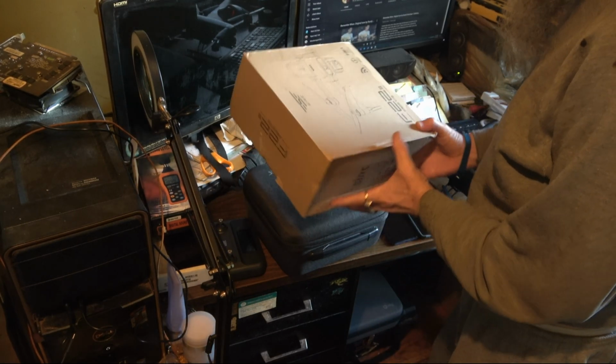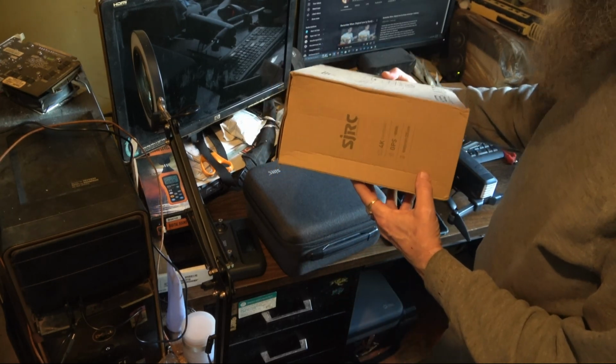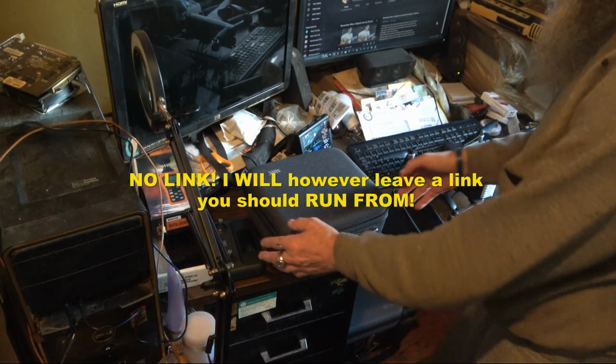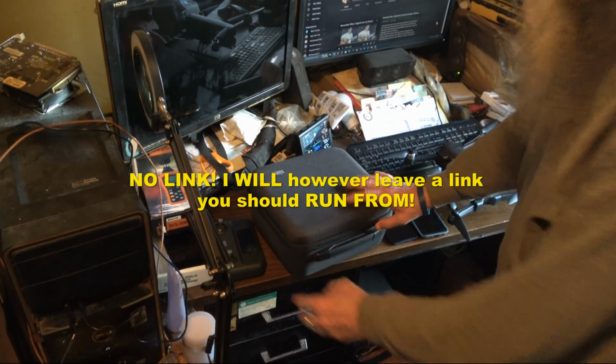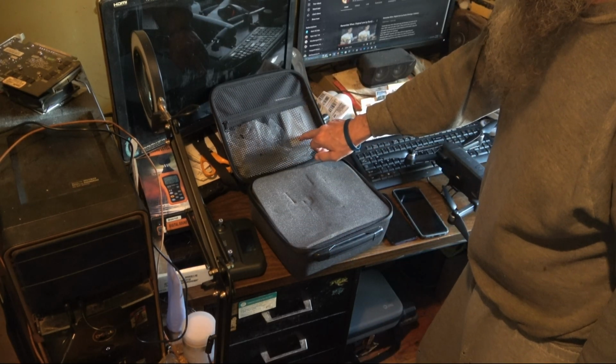SJRC F22S. If you order it, it'll come in this box like this. Okay, I'll leave a link down below where you can order one if you want. And it comes in this case. Okay, everything is in this case. There's the manual. They send you